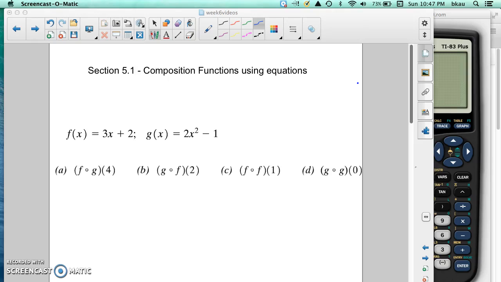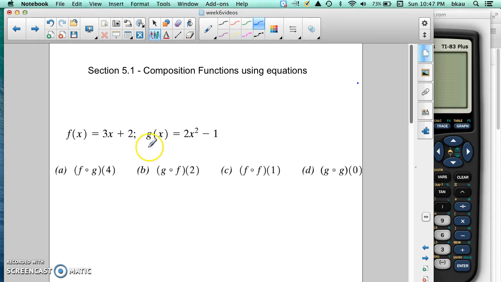Hello, and in this video we're going to look at composite functions again, but we're going to look at how we're going to use equations to find composite functions and a little bit about the domain of composite functions. So we're going to start off with some equations. We have two functions here, f and g, and we're going to evaluate them similarly as we did in the